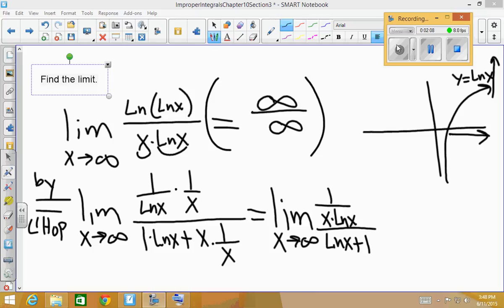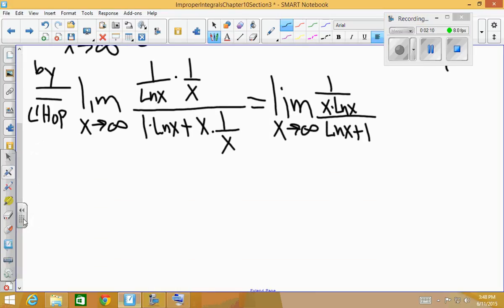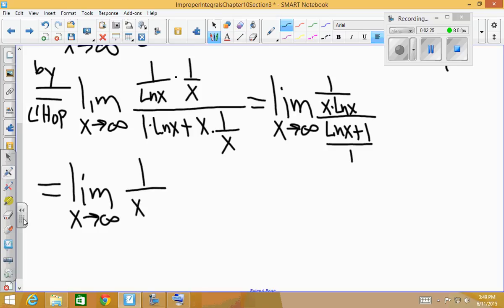Well, we can combine this together, which may be helpful. Natural log of x plus 1 is the same as natural log of x plus 1 divided by 1. And so we divide fractions by multiplying by the reciprocal. And when you multiply those together,